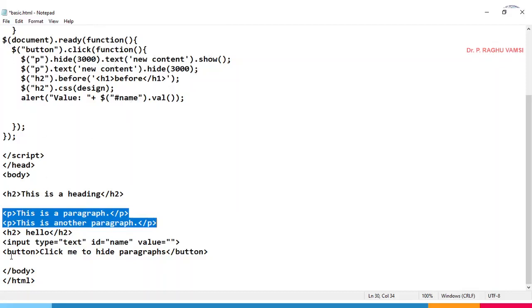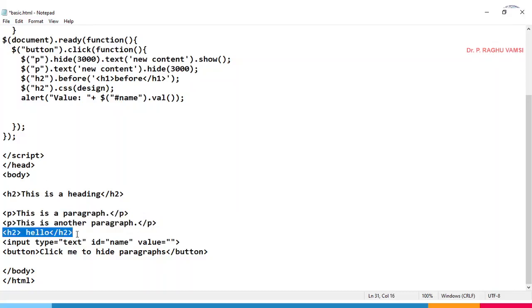Then before the h2, that is heading 2, before this hello you will get "before" in the h1 form, that is in the heading 1 style, whenever this particular button is pressed.